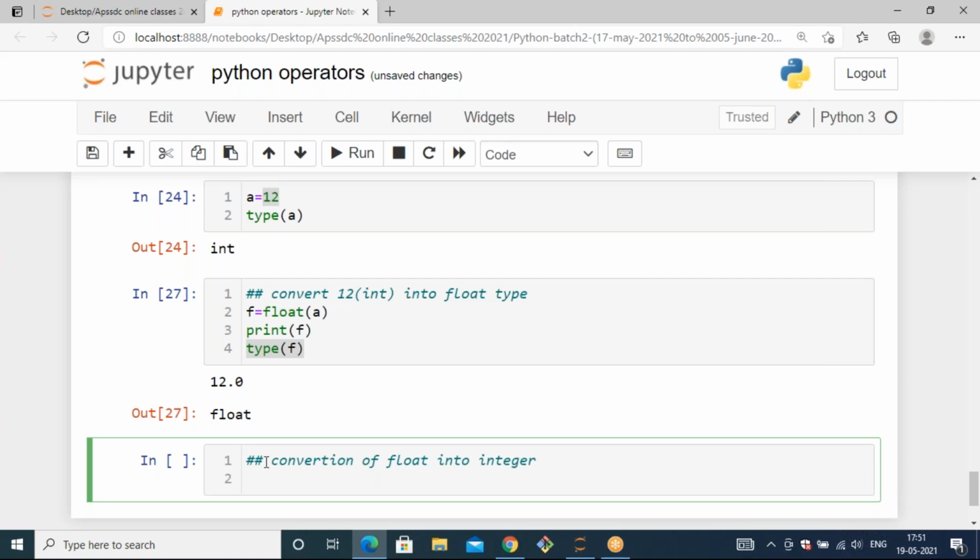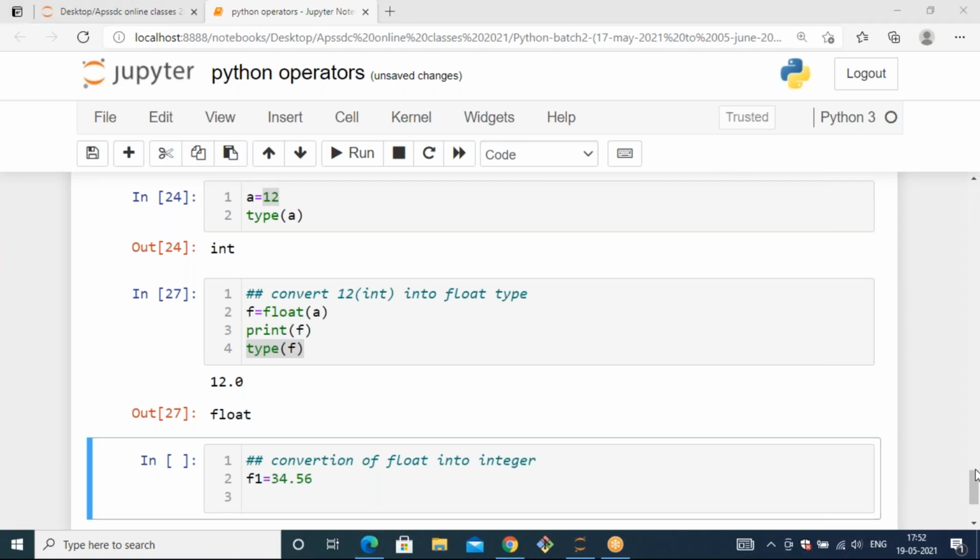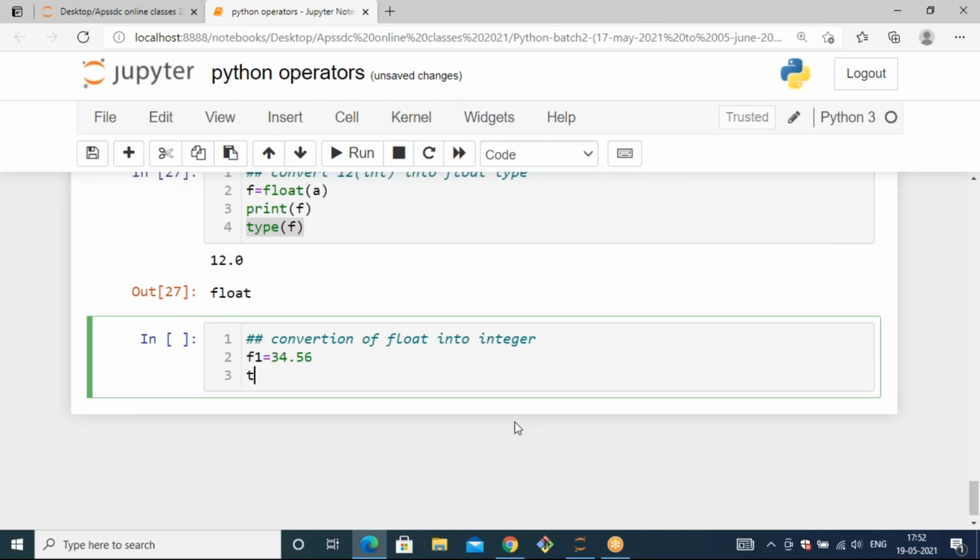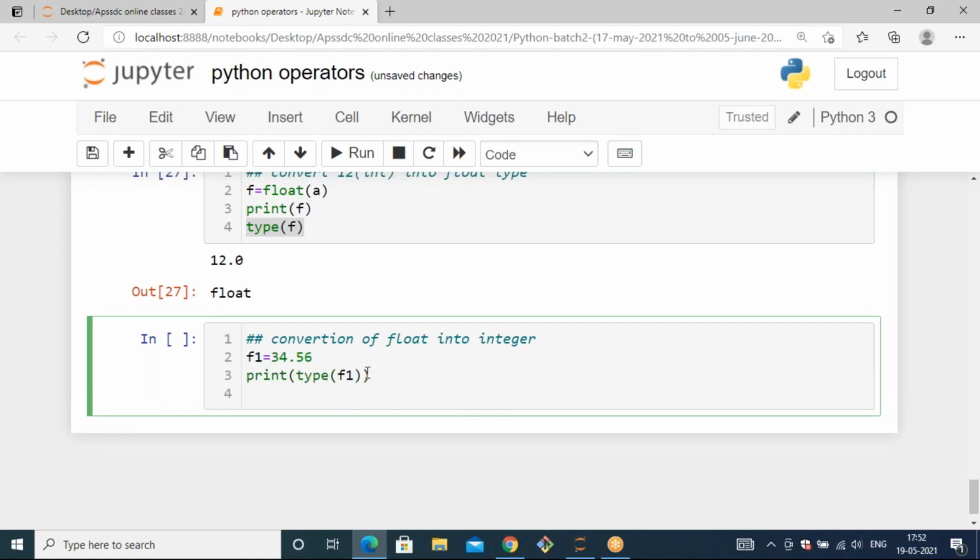I'm just taking manual data like f1 equals 34.56. That is my floating number. I need to convert this 34.56 into an integer. Before that, I'm just printing the type of f1. Print type of f1. And finally, I want to convert this 34.56 into an integer, because it is a floating point.